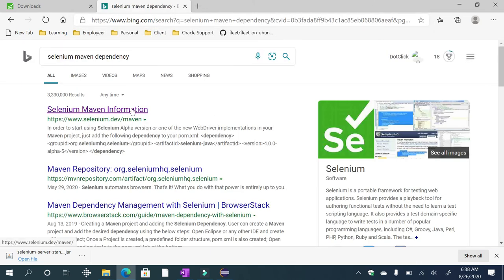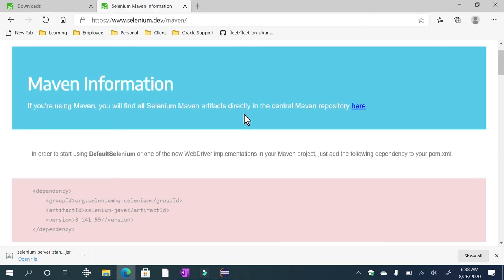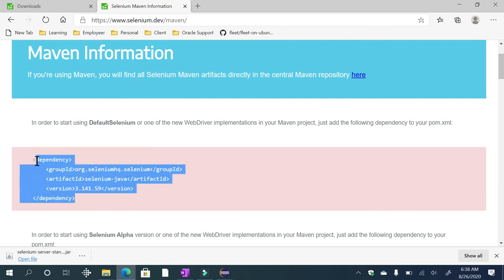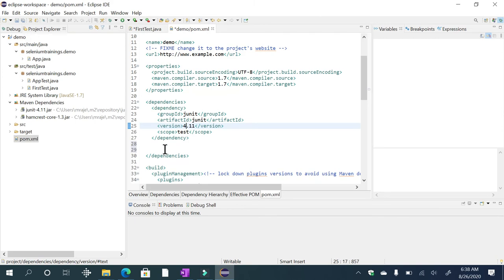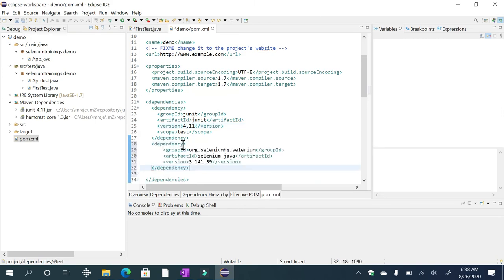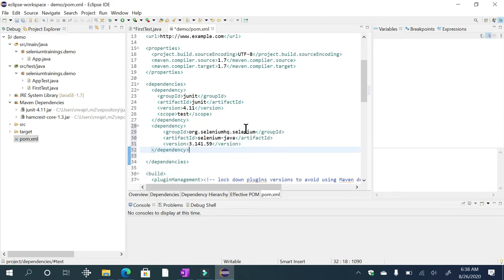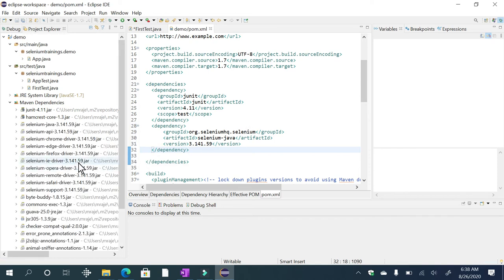Go over here, copy this, Control C, Control V. This is one of my favorite activities. Control S. You see, all the jar files are loaded, isn't it?